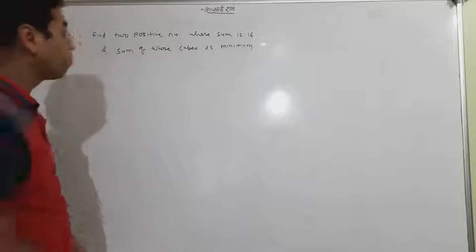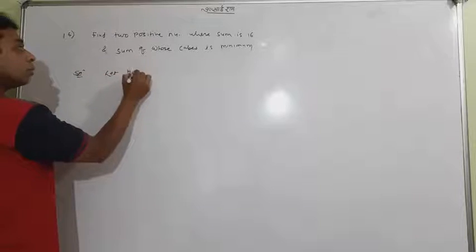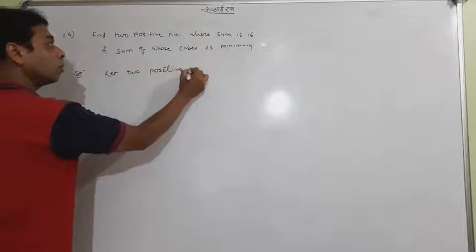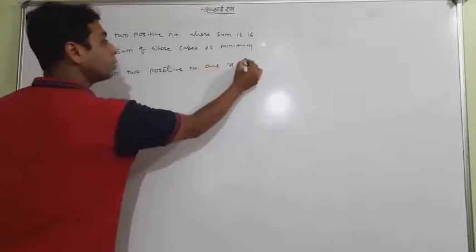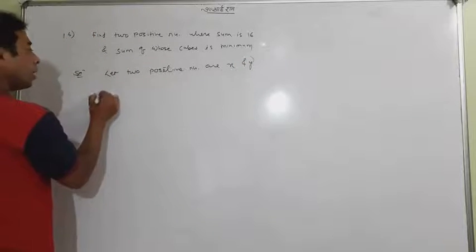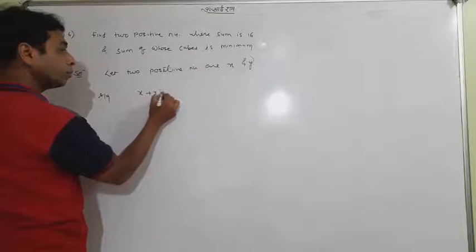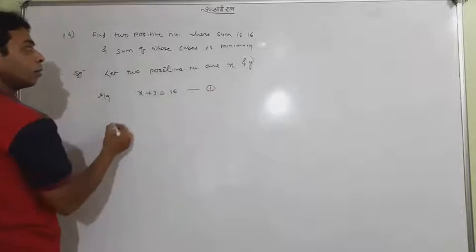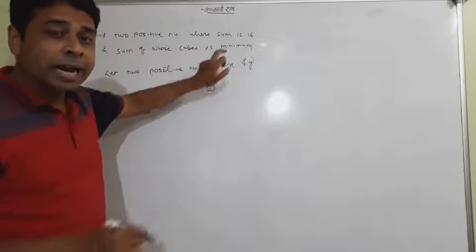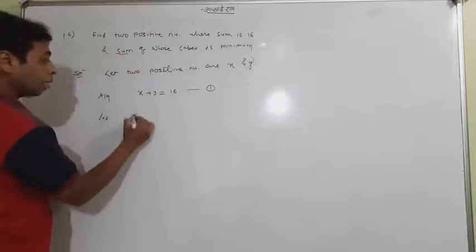So almost similar. We start as before. Let two positive numbers be x and y. As per the question, their sum is 16, and the sum of whose cubes should be minimum. That is going to be our main function. Let the sum S